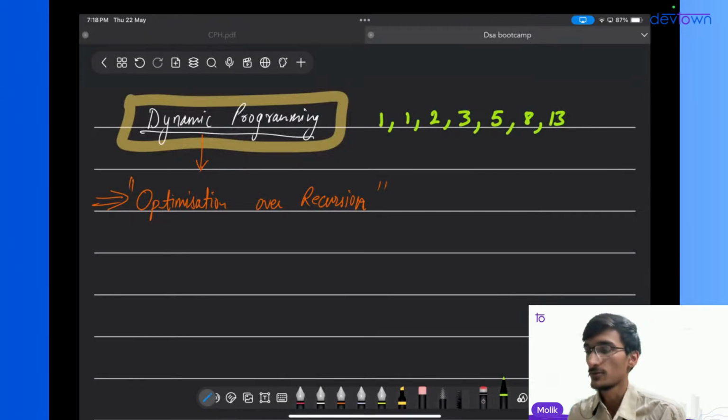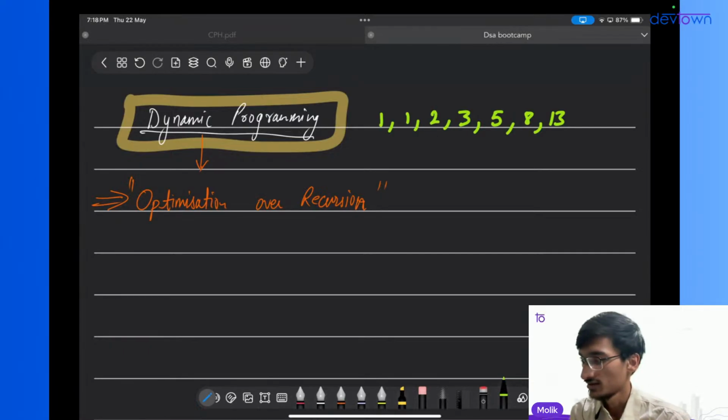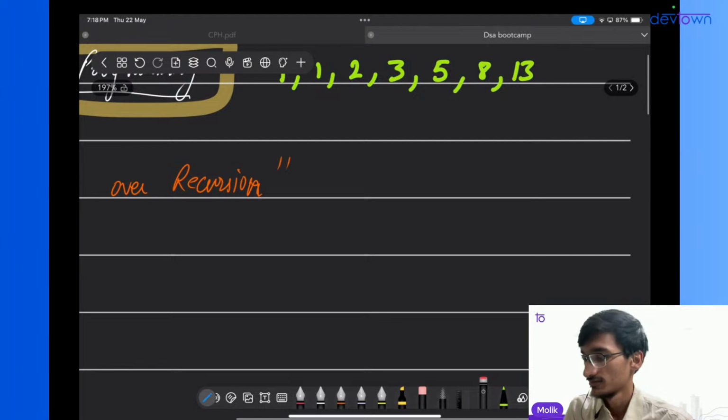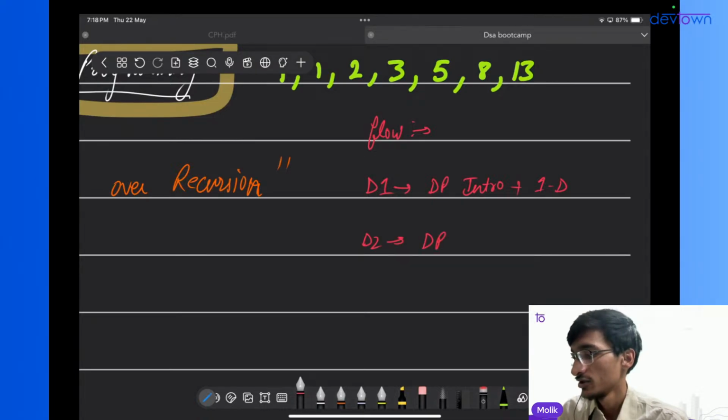So we were talking about dynamic programming. I guess I explained the flow of the bootcamp, and Avinash pointed out the flow, so I will write it down here. This is the flow: day 1 is DP intro plus 1D, day 2 is DP 2D plus subsequences,